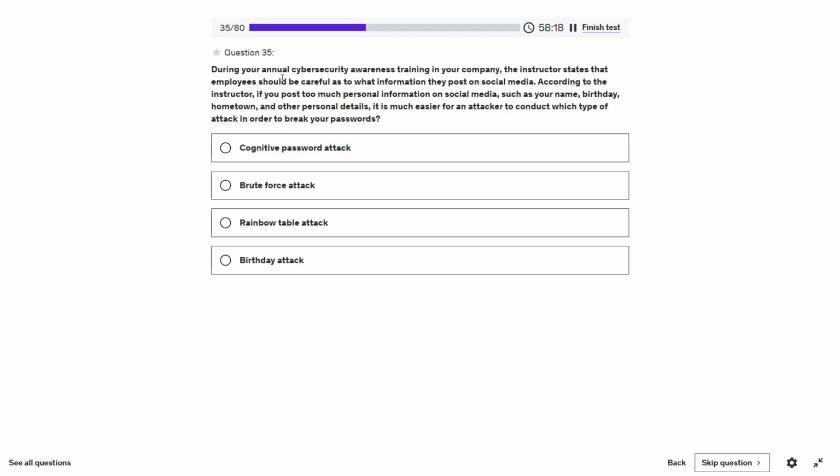During our annual cybersecurity awareness training in your company, the instructor states that employees should be careful as to what information they post on social media. According to the instructor, if you post too much personal information on social media, such as your name, birthday, hometown, and other personal details, it is much easier for an attacker to conduct which type of attack? It's obviously going for a cognitive password attack,